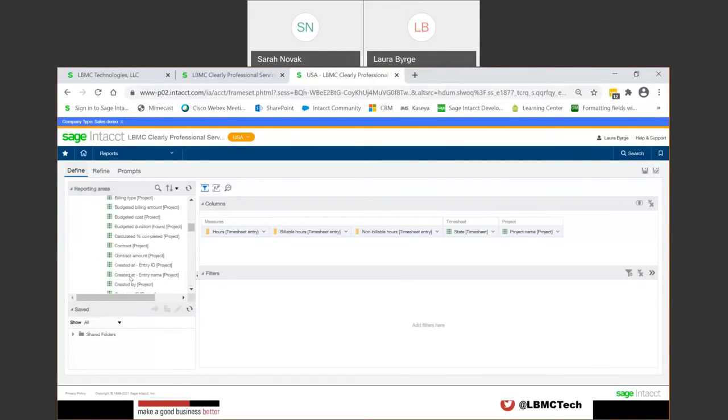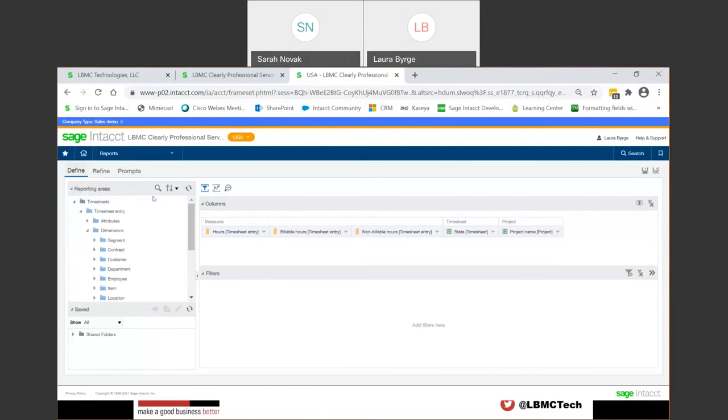Okay, I'm going to show you another little trick that I find handy. So there's a search magnifying glass up here, which brings up a search box. The other thing that we wanted to find to add to this report was task name. So if you type it in,